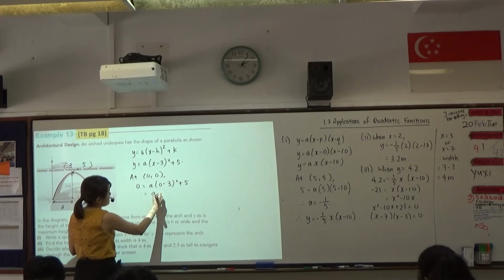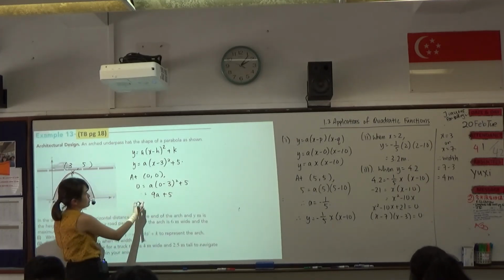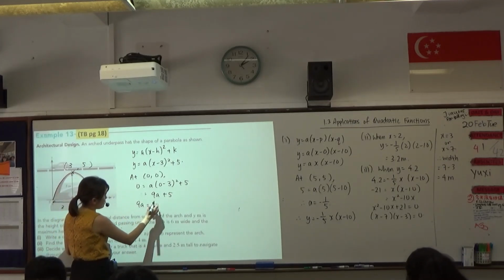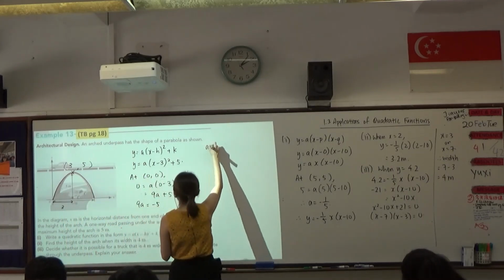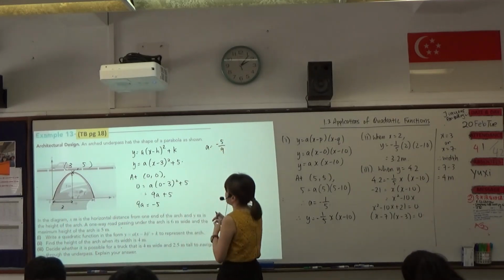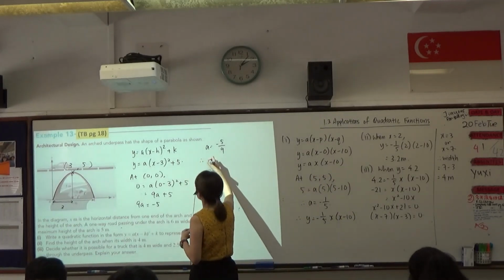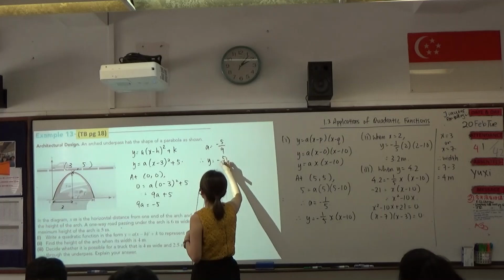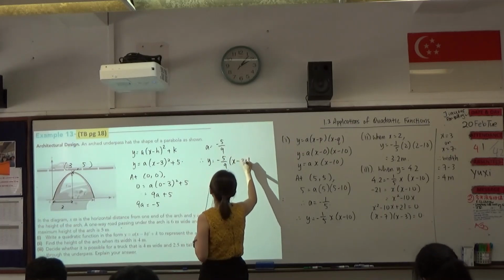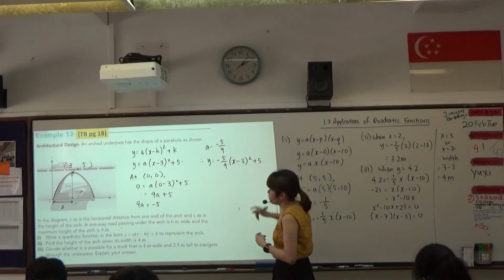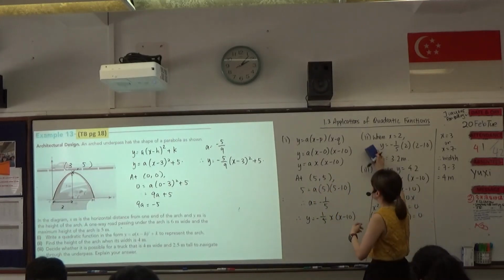Then I'll have 9a plus 5, so 9a equals -5, and a equals -5 over 9. And therefore,